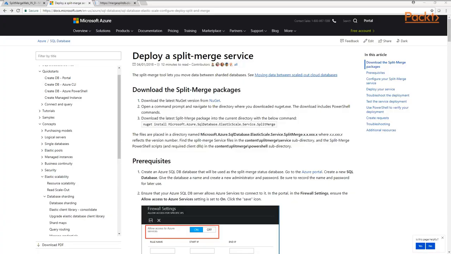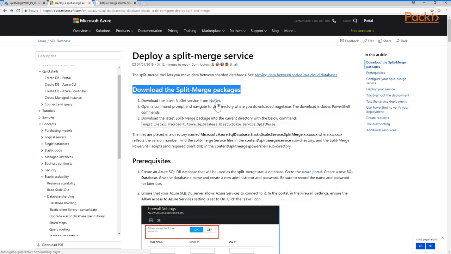In order to split the data between our shards, we will need to utilize a split merge service. So in this exercise, I'm just going to talk you through deploying a split merge service on Azure. Now the first thing we need to do is download the split merge packages. Okay, so on this Microsoft link here, you can get the latest version of NuGet from here, and